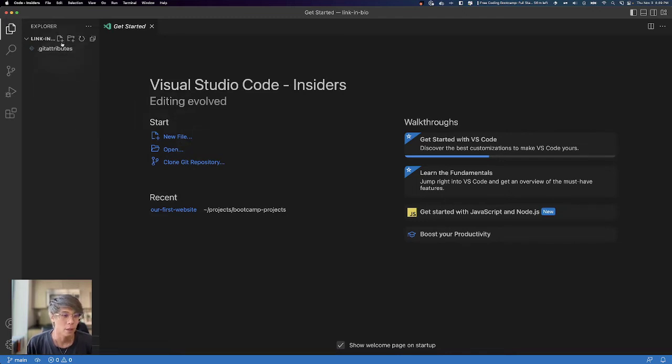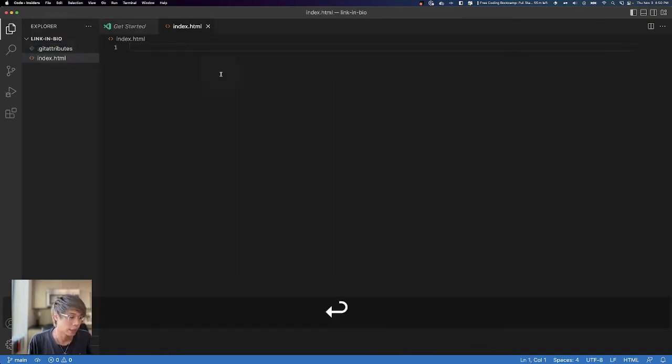So I'm going to go ahead and create a new file. Click this icon right here up on the top left corner. If you're using default Visual Studio Code, create a new file called index.html, same as last time. Okay, cool. Once again, same as last time, we're going to run through and put together our basic